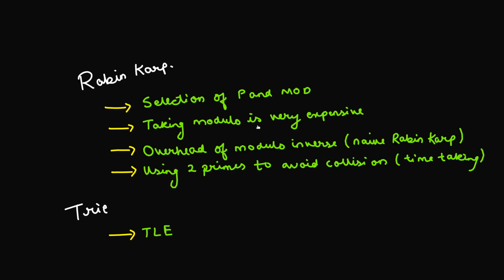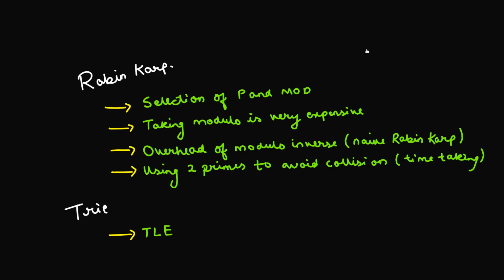So when I first came to know about this technique, I was completely mind blown. I couldn't believe that this actually works. But when I saw how the numbers are stored in memory, in the computer architecture, it's something based on that. So we'll be seeing how we can implement this without even taking the modulo part, which gives us a really good improvement over a naive modular technique. And then we'll also get rid of this modulo inverse thing that we have just seen, so that whenever you have to calculate the hash of the subsequent sliding windows, you won't have to deal with the modulo inverse part also.